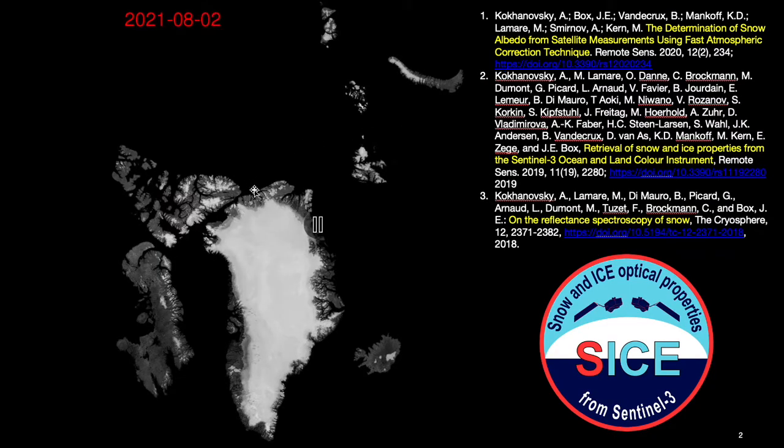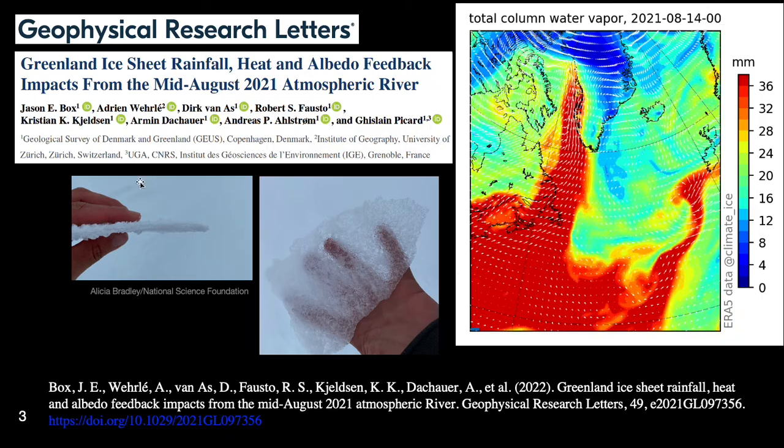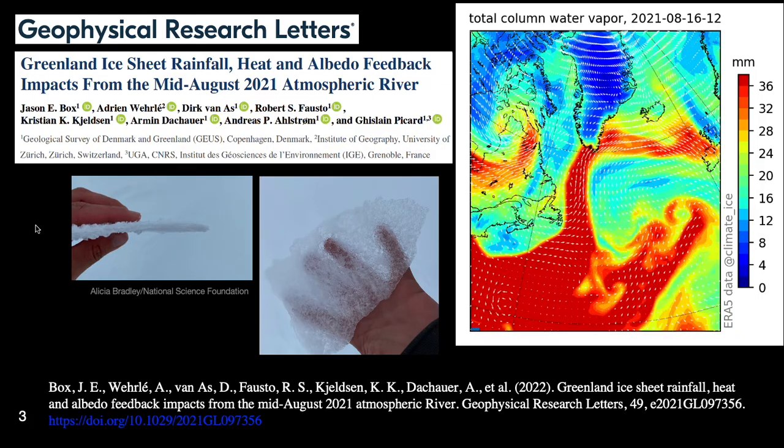In this project, you can see a daily animation of albedo from land ice areas in the Arctic, 8 regions. We're also looking at Alaska, Norway, and about to expand to parts of Antarctica. The theoretical basis was published in The Cryosphere and Remote Sensing, led by theoretician Alex Kokhanovsky. We call this effort Snow and Ice Optical Properties from Sentinel-3, or SICE for short. And the study I published 20 days ago